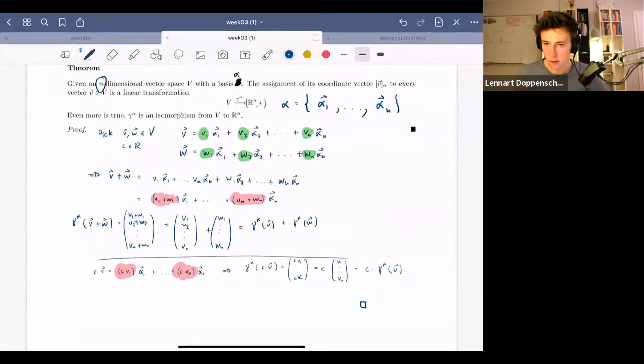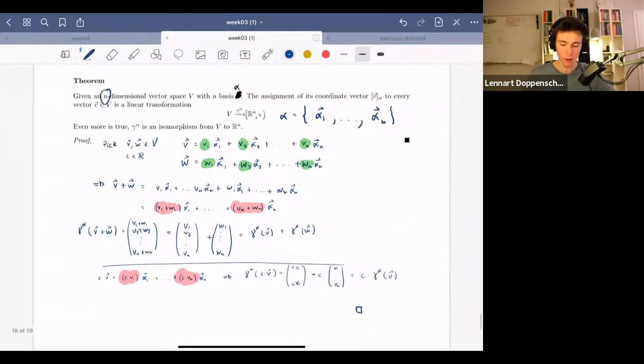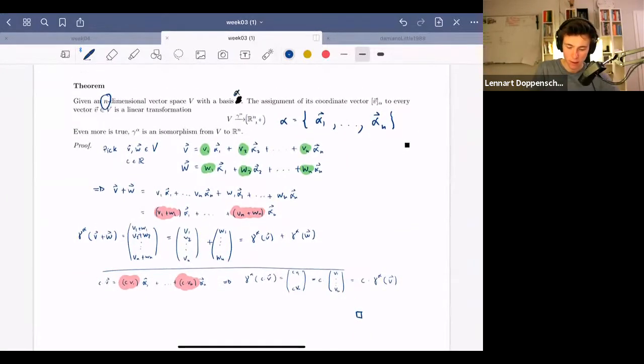Yes, so the alphas here are the basis vectors. I want to use Greek letters for bases from now on. At least for me, it's faster to type when I do the lecture notes than a calligraphic B. And this means that alpha 1 to alpha n are going to be the basis elements in basis alpha.